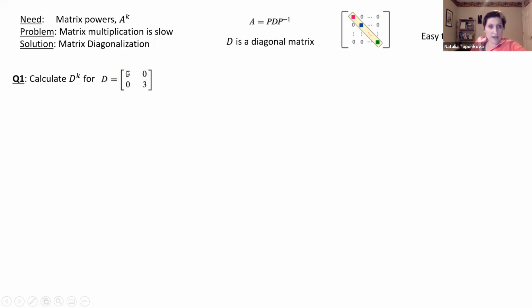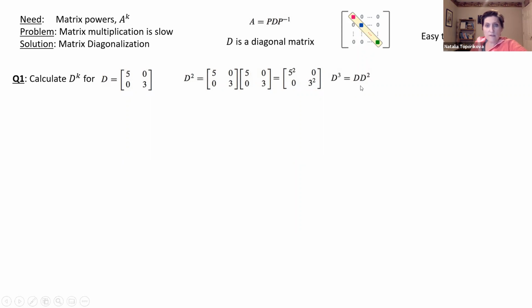The diagonal entries are 5 and 3. The rest of the entries are zeros. So let's try to square this matrix. We're basically trying to multiply this matrix by itself. And because we have so many zeros, we are reducing our multiplication to just raising our diagonal elements to the